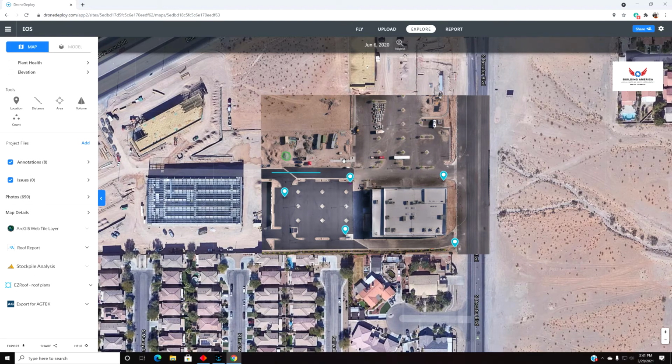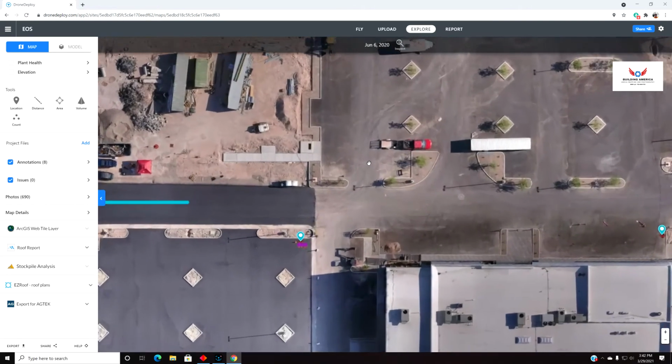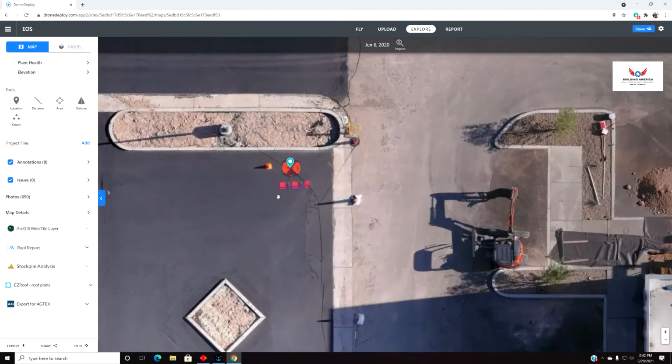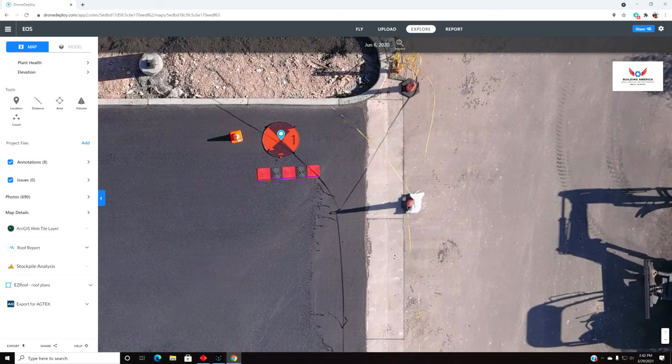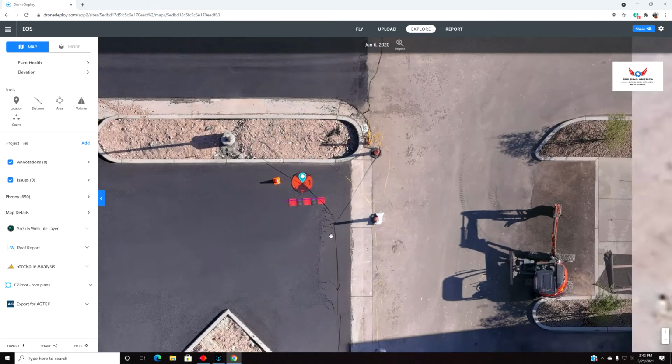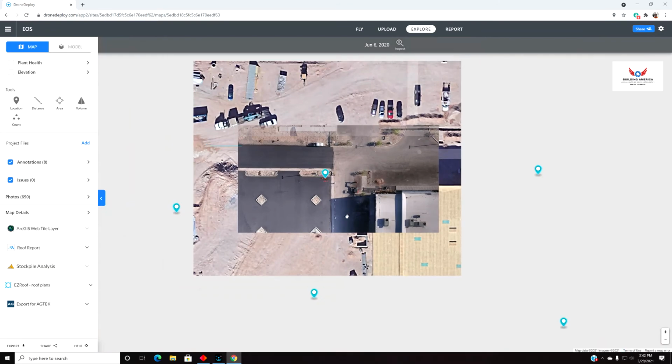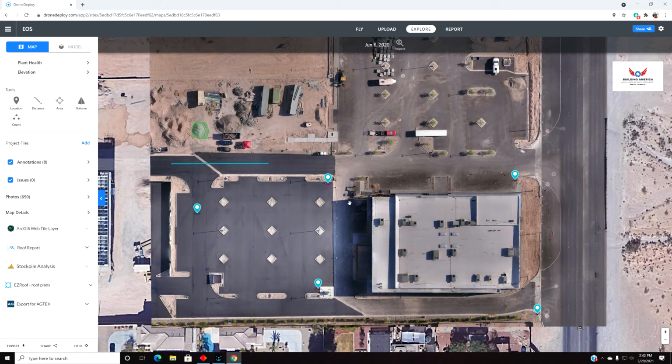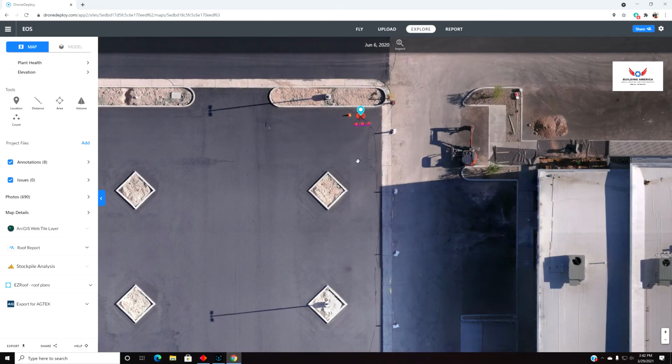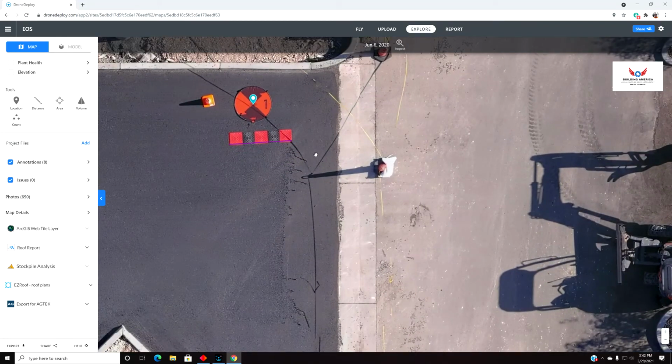This is EOS Gym here in Las Vegas, Nevada. This was near the end of construction, and I just want to show you, this is the ortho mosaic view. We can zoom in, zoom in, zoom in. And we'll go over the model view in a second, but I just wanted to go over this. So this is, like I said, the ortho mosaic or topo view, and what makes these maps so accurate,